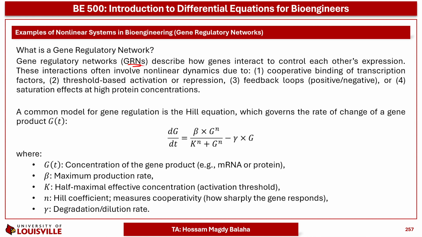And GRNs describe how genes interact to control each other's expression. We can assume that this network consists of a set of components collected together, and the output is the whole output of the system. So let's assume that each part of the network contributes to the output. So the final output will be the collection of these outputs, but including the interactions between the different elements or